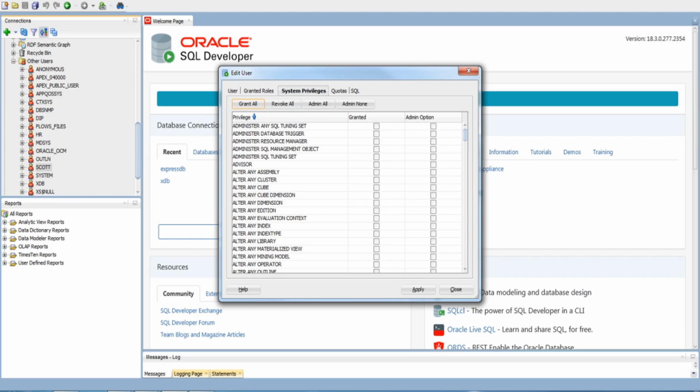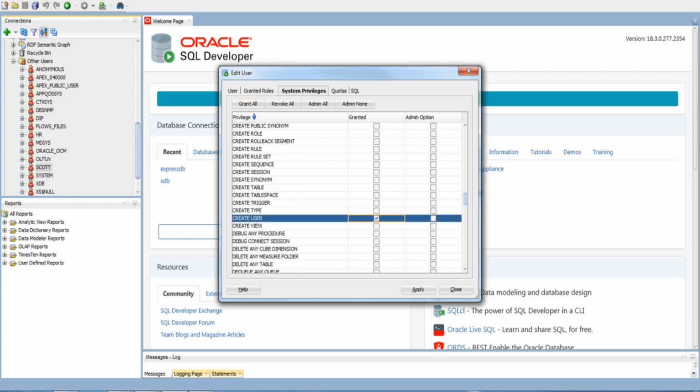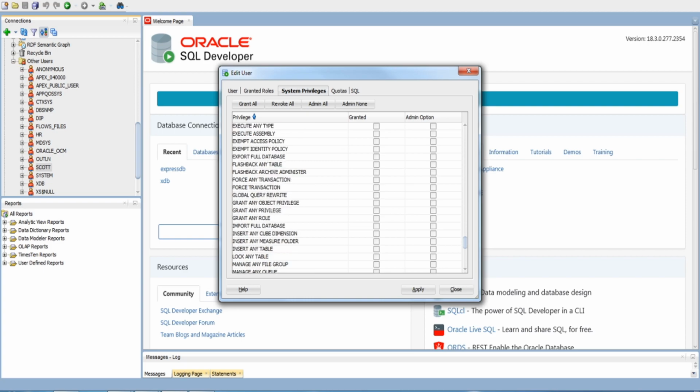Go to the system privileges tab. You can see a lot of privileges are there. If you want to assign a privilege, you can find it from db_sys_privileges, using the distinct keyword we can get a list of all the privileges from db_sys_privs. If you want to assign the create user privilege, you can click on the granted option for create user. So Scott can create a user.